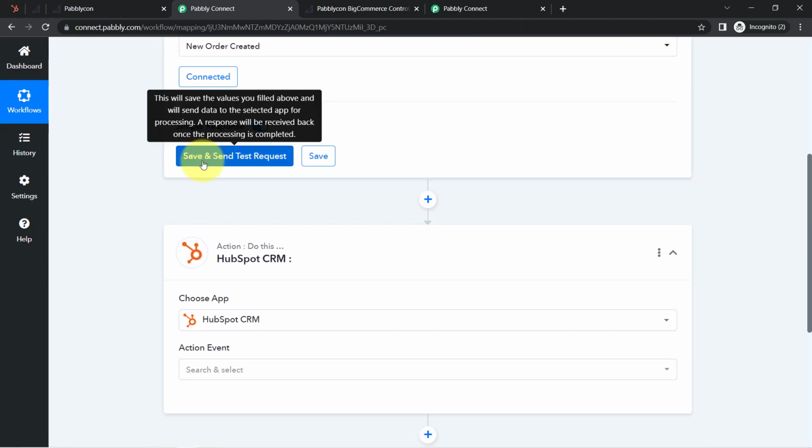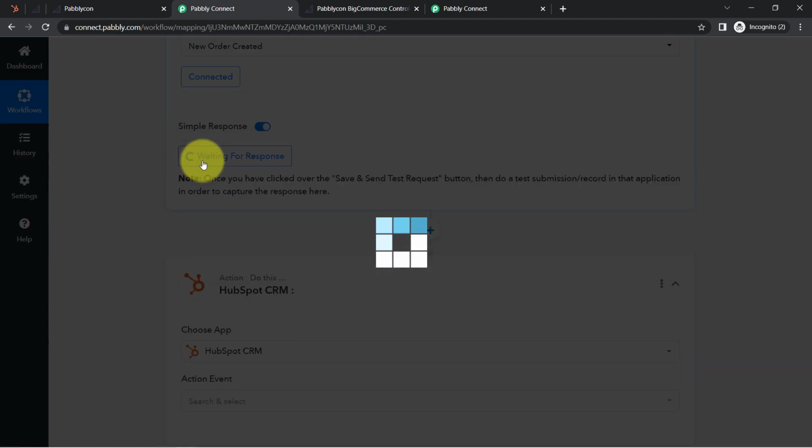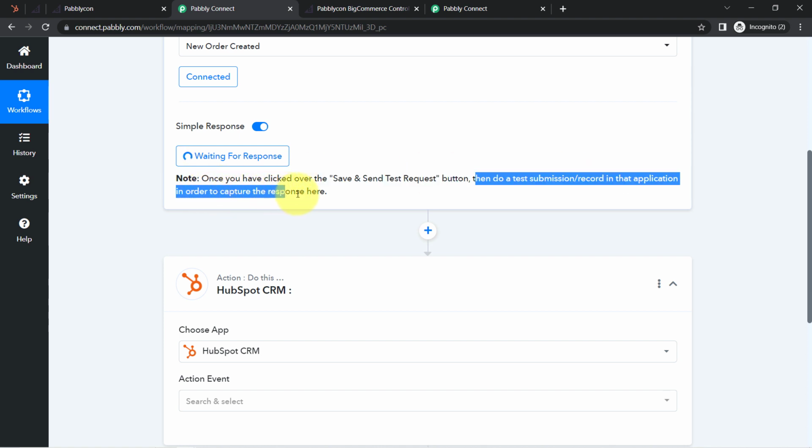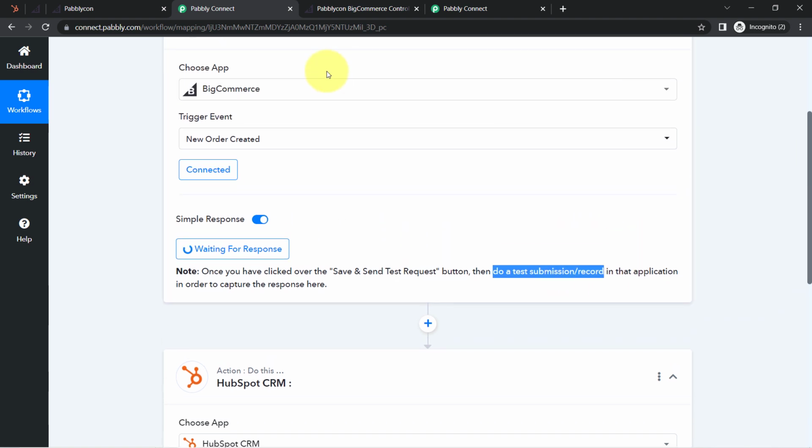Now click on this blue button again, that is save and send test request, and read the instructions. Okay, so it has started waiting for the response, which means once you have clicked over the save and send test request button, do a test submission or record in that application in order to capture the response here. Okay, so basically it is asking to do a test submission or record, and here the test submission means new